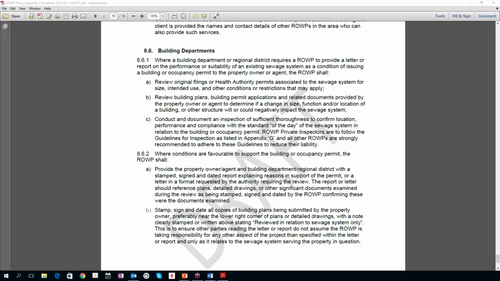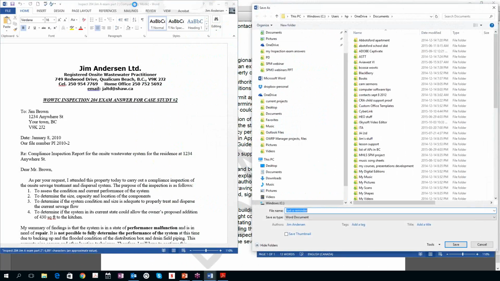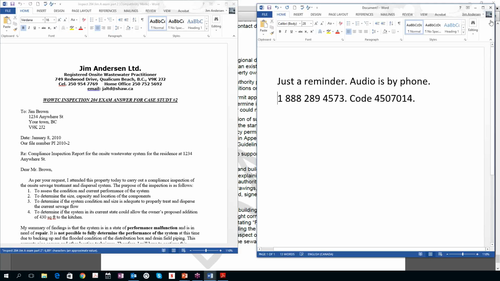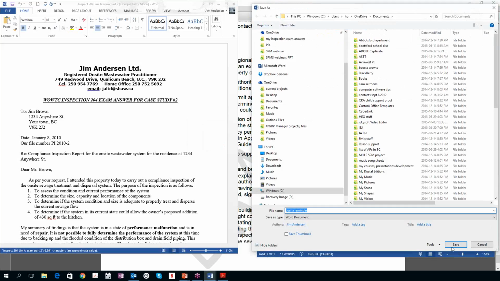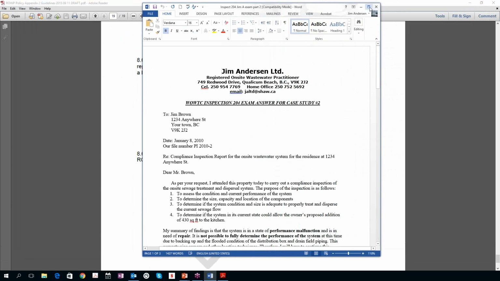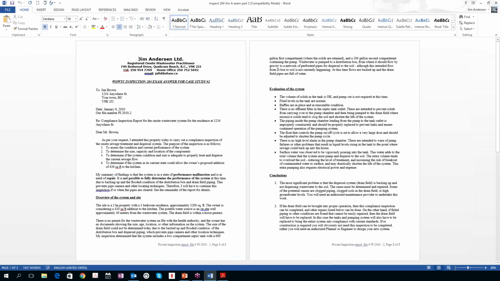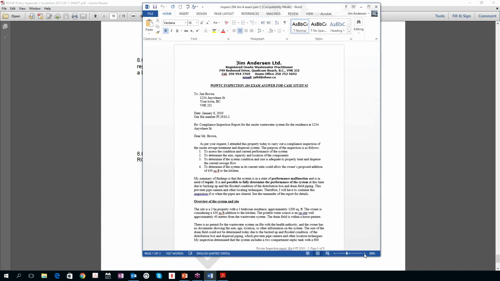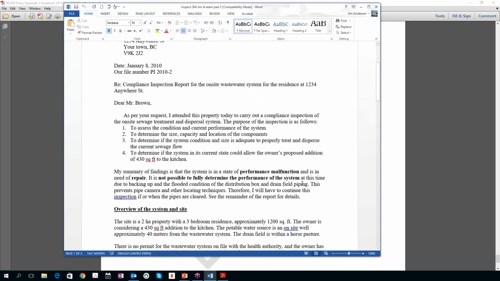Let's look at a couple of examples. Here's one that I did when I took the course. Let me get rid of this stuff here. Sorry about this. Damn computers. So here's a report that I did. I was going to take away owner's information on some that I've done more recently, but didn't quite get to it. So this is one that I did for the course years ago, but it'll give us a chance to talk about a few things.